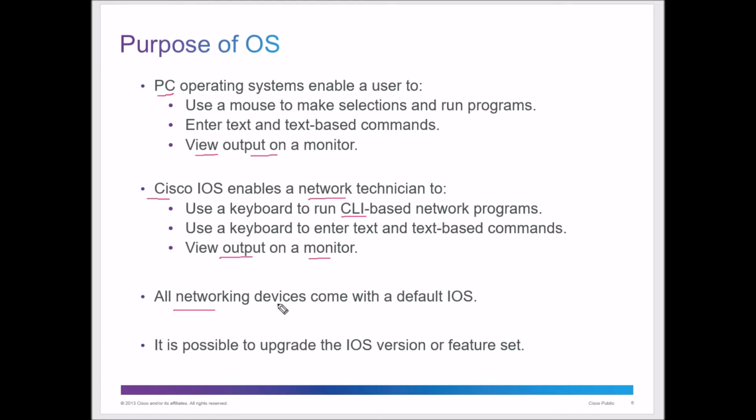And all networking devices come with their default IOS. So all Cisco devices come with a default IOS on there. And it is possible to upgrade the IOS, and you probably will upgrade devices. Even with a new device that you purchase from Cisco, you're probably going to need to update that operating system, because from the time it was created and then put on a shelf somewhere or set in storage and then shipped to you, there's a time delay, and there have probably been updates to that operating system. So even if you get a brand new device and go to install it, you always want to make sure that you have the current version of the IOS available to you.